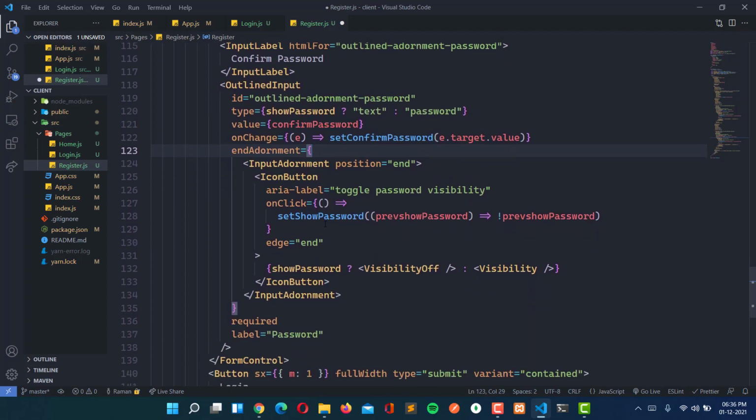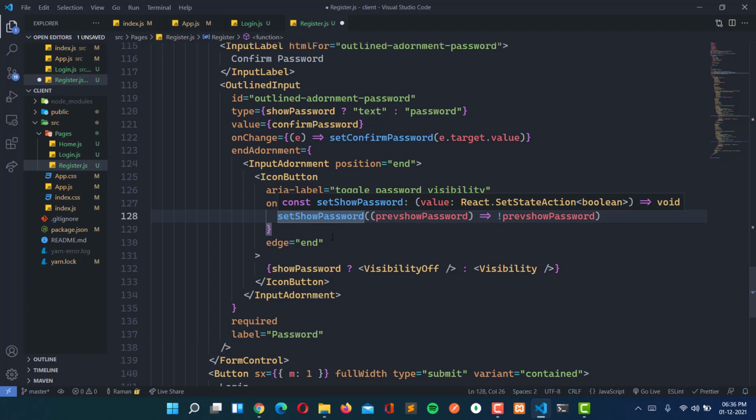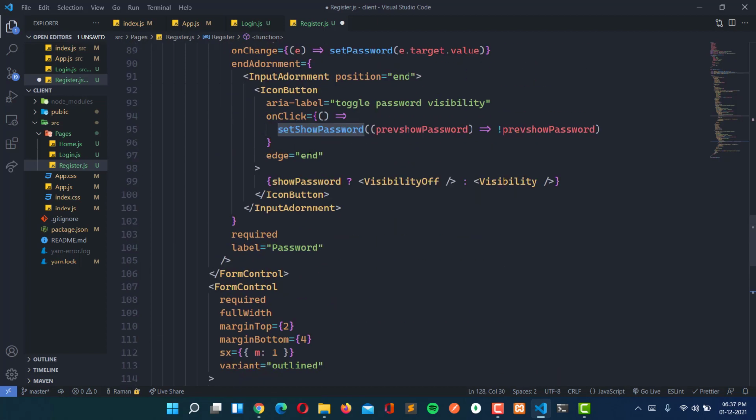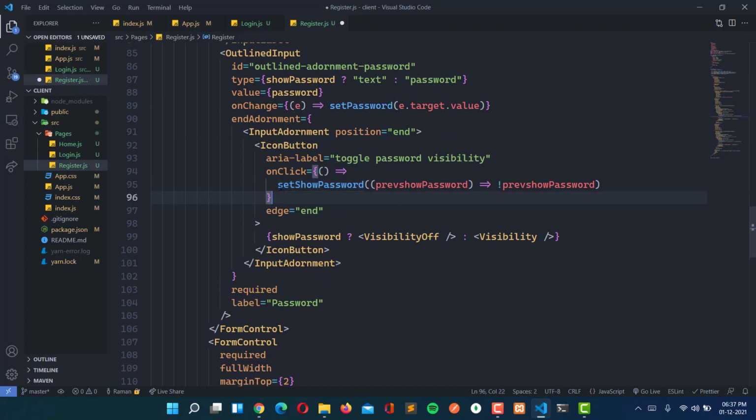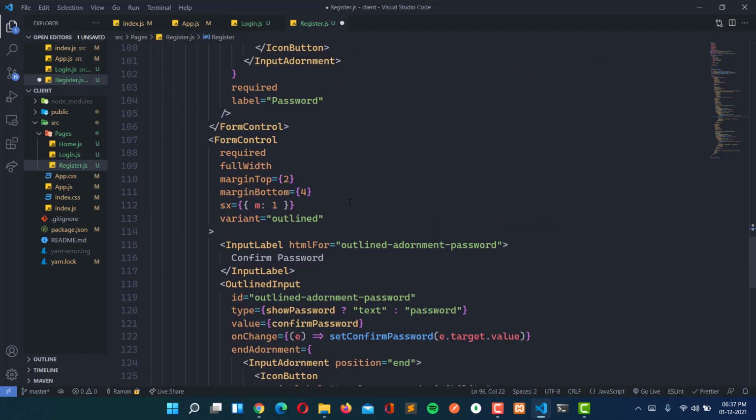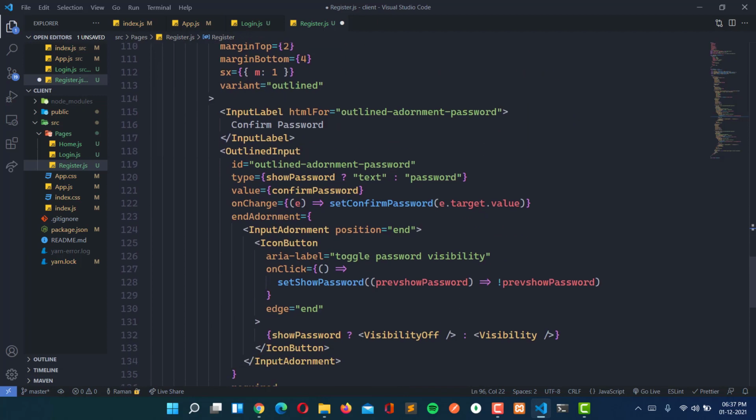And now for the show password, we have to create another state, and it will be setShowConfirmPassword, because for the password it is also the show password. We don't want to make both dependent, so we have to make both independent.